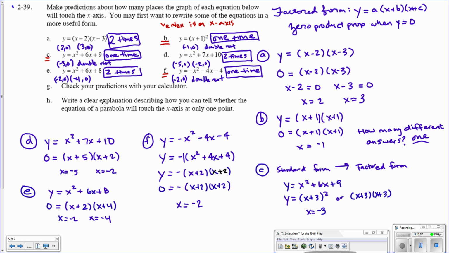Letter H, write a clear explanation describing how you can tell whether the equation of a parabola will touch the x-axis at only one point. Well, remember, we're looking to see, is it a double root or not? Does it have the same factor repeating itself? If it does, that means that what we have is a perfect square trinomial. So if we wanted to write a quick statement there, we could say,